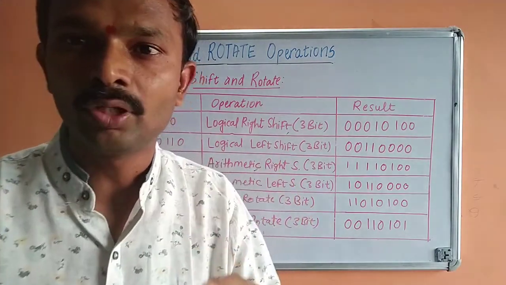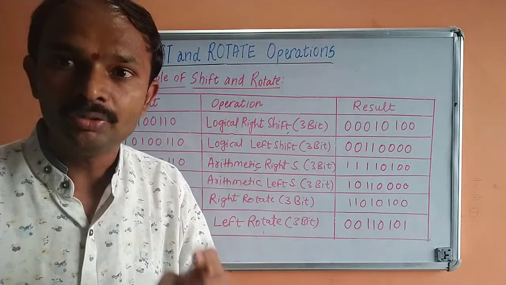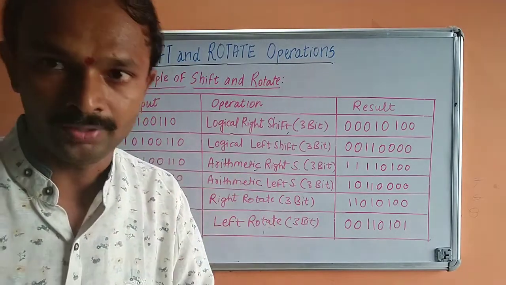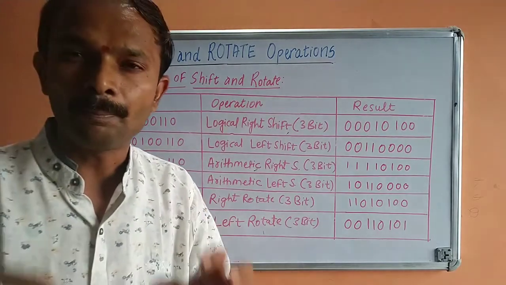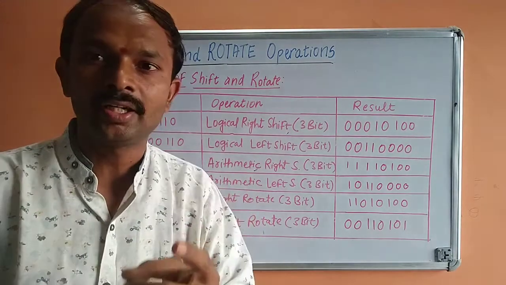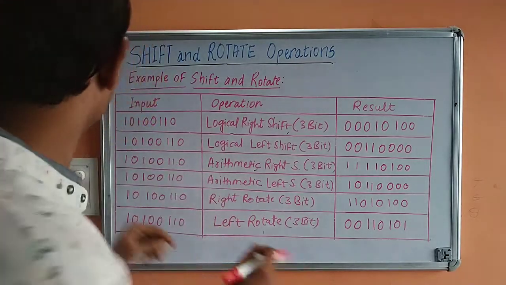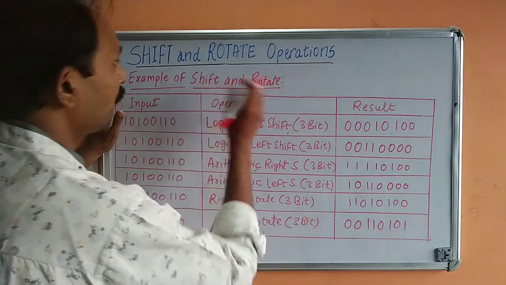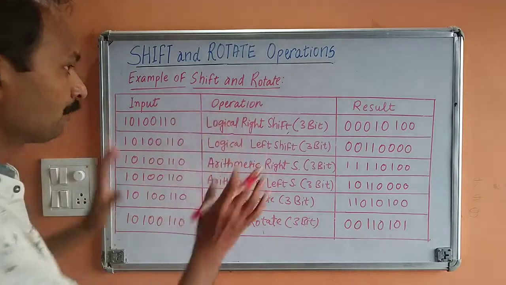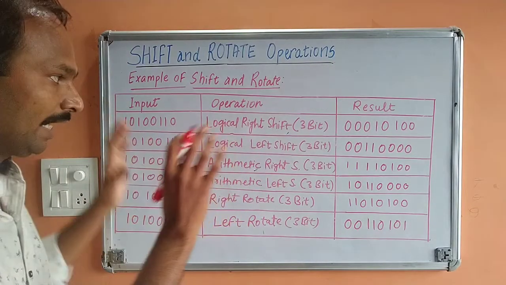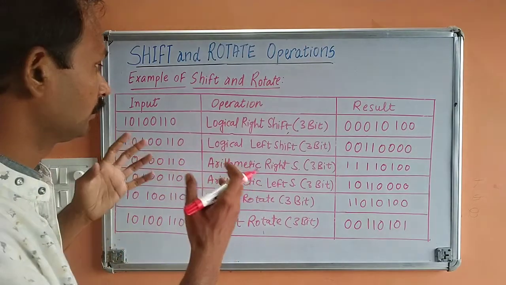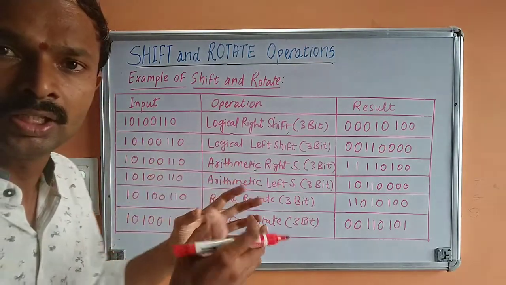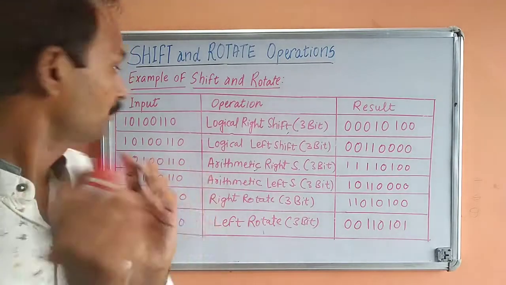So this is the example from William Stallings' book, in which the logical shifting and arithmetic shifting are properly explained. So just concentrate for the last 10 minutes. Now see the example of shift and rotate operations. Here in this diagram you might be observing all zeros and ones and feeling that it is very difficult to understand. Just give me your 10 minutes.